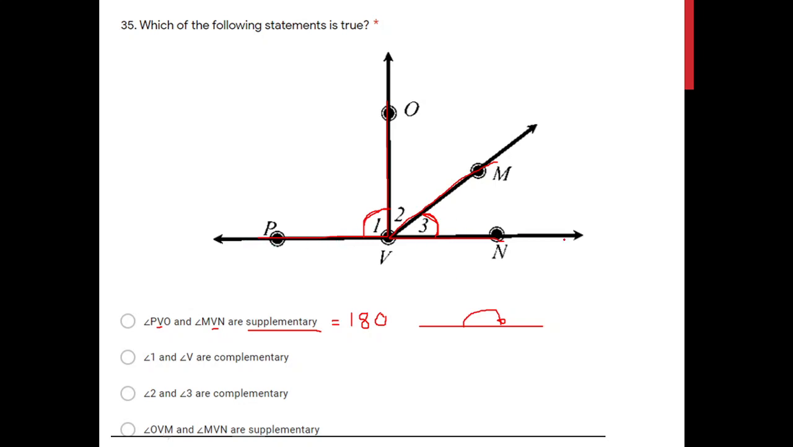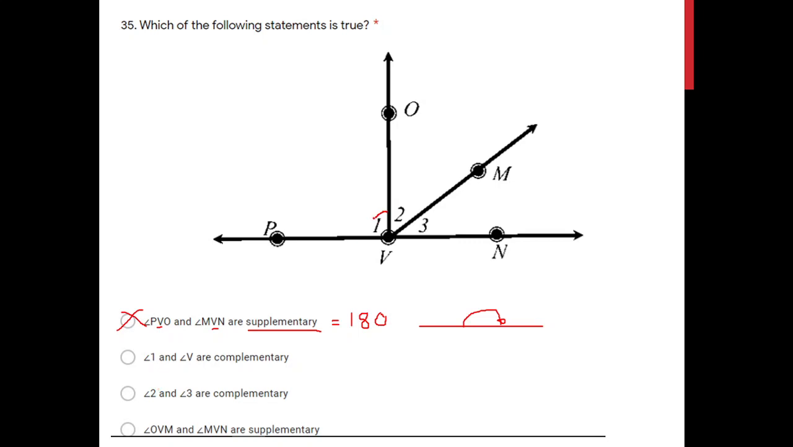Now, does it look like a complete line? If this is our line, if this is our 180, does it make 180? No, right? Because you still have this space here, this angle here, wherein this one plus this one plus this one equals 180. So therefore, this one is not true. Next, let me erase this one first. Okay. Next, letter B says that angle 1,